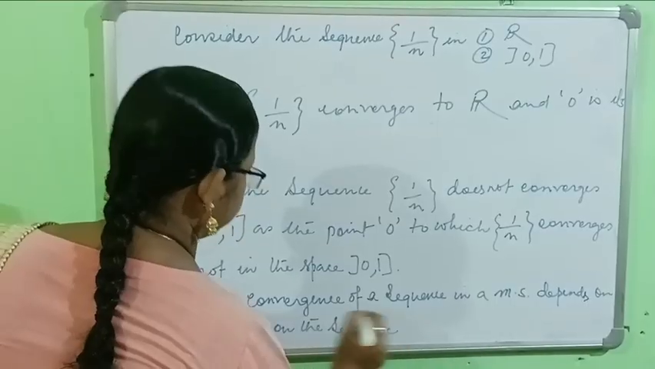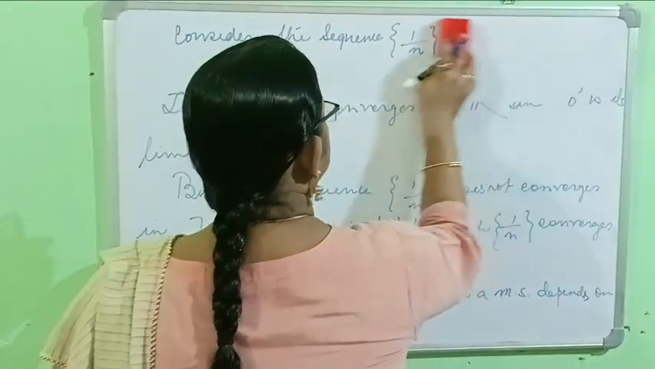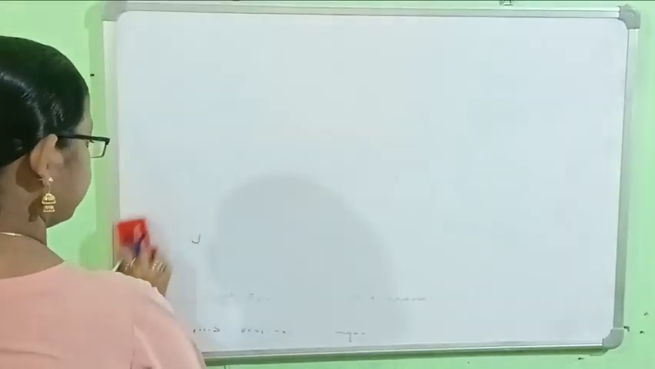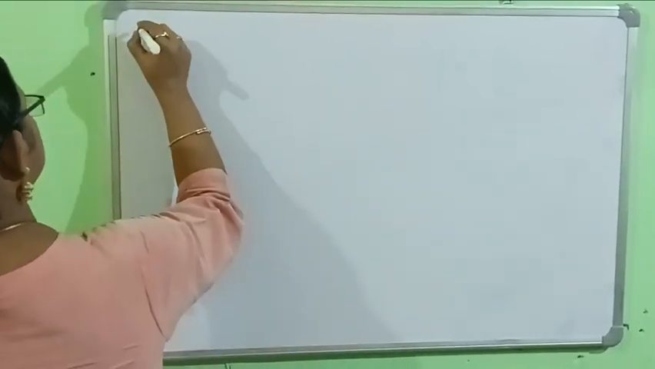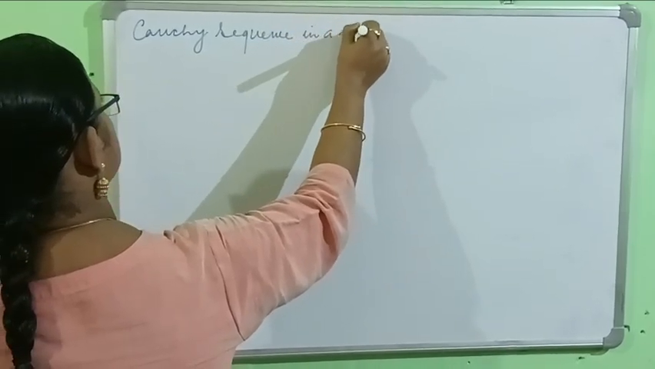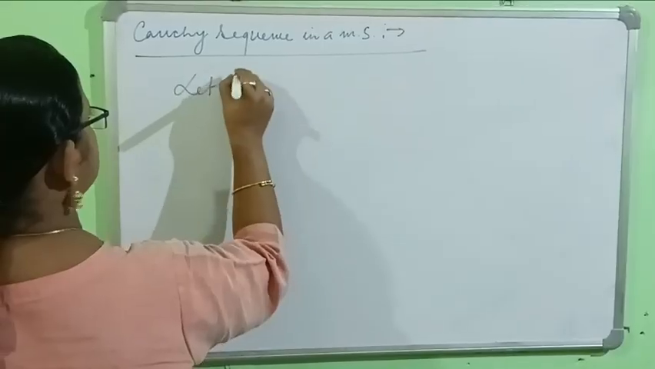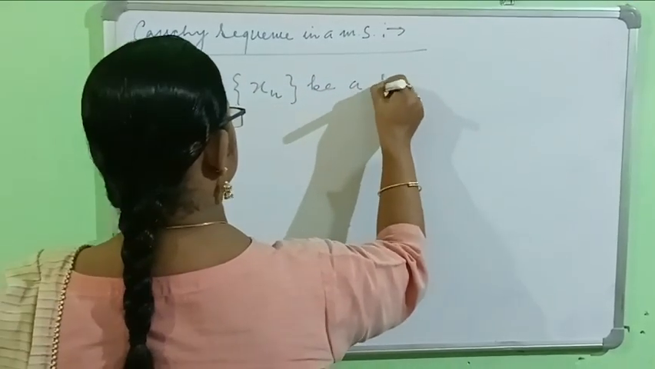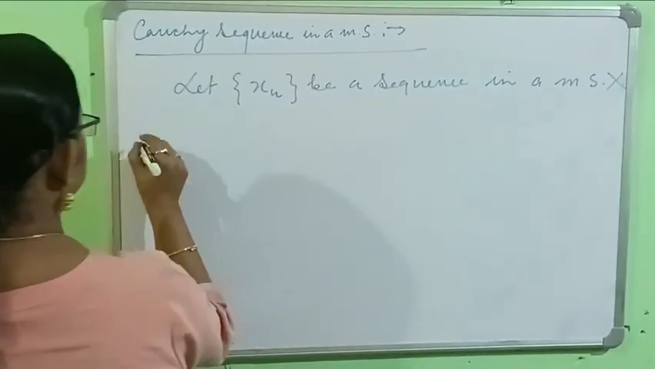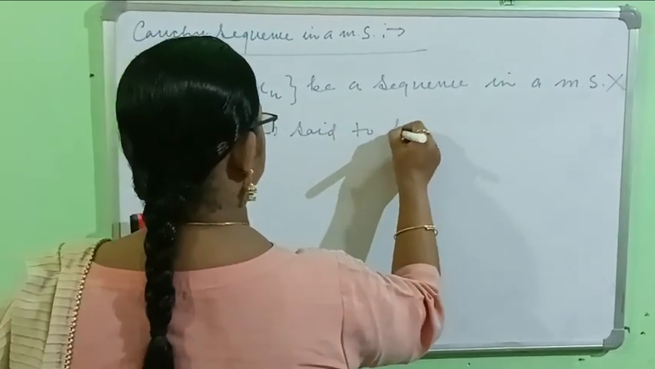Next we are going to discuss the definition of Cauchy sequence in a metric space. Let Xn be a sequence in a metric space X. Then Xn is said to be a Cauchy sequence